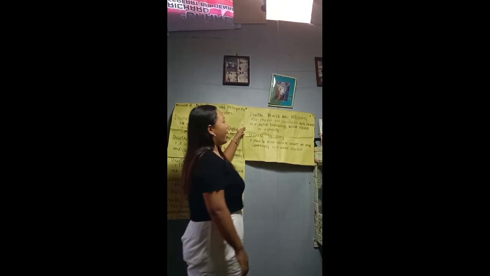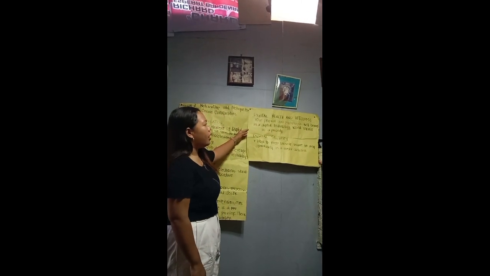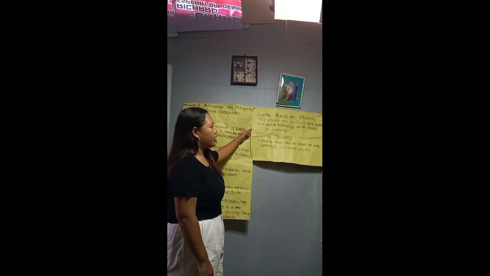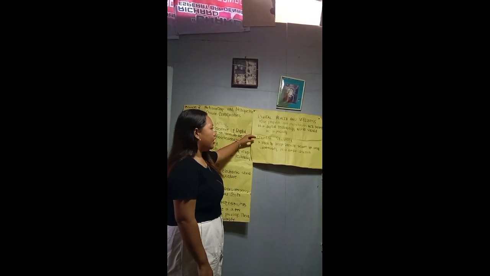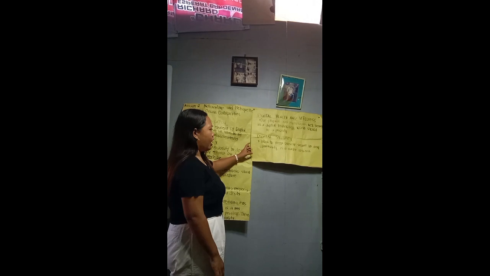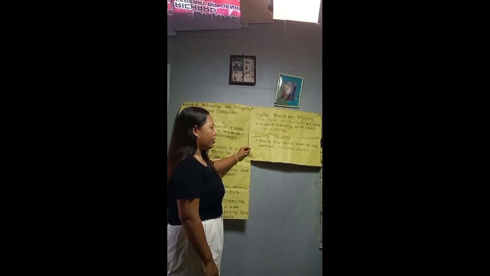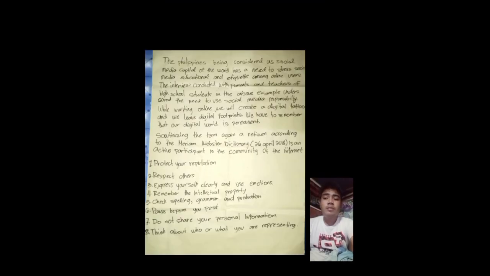Next, digital health and wellness. Our physical and psychological well-being in a digital technology world should be a priority. Lastly is digital security. How to keep oneself secure in any community is a major concern. That's all. Relations, we understood the rules of responsibility as global citizens. Our membership in our community requires that we behave appropriately and act responsibly.